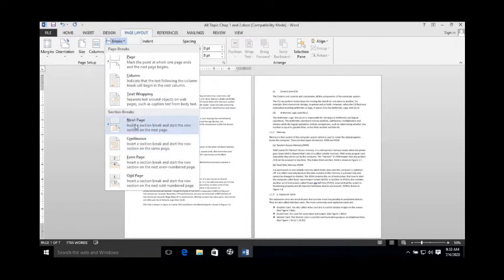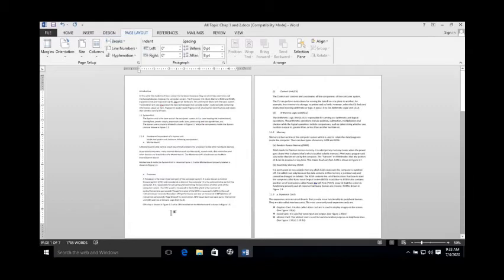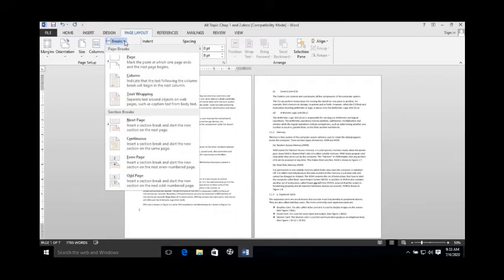Under the section breaks, you can see next page: insert a section break and start the new section on the next page. So that's why I told you that I have to place the cursor at the end of the first page, and then go to the breaks. Under the section breaks, you can see the next page option. So when I click on it,